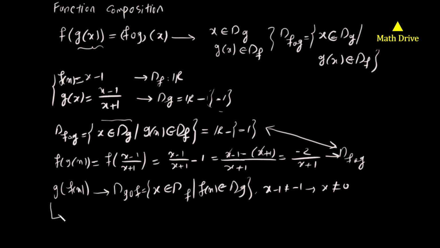Let's calculate and see if this is correct or not. g(f(x)) is equal to g of x minus 1. So g takes the input and puts the input minus 1 on the top, and the input plus 1 on the bottom. So x minus 1 minus 1 on the top and x